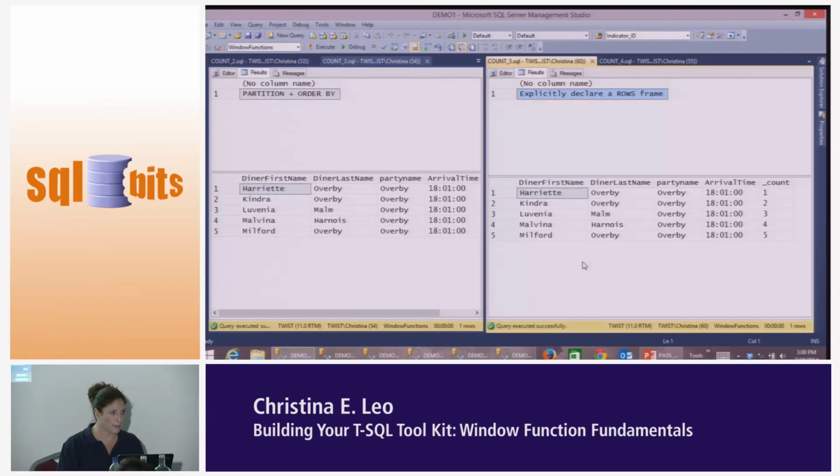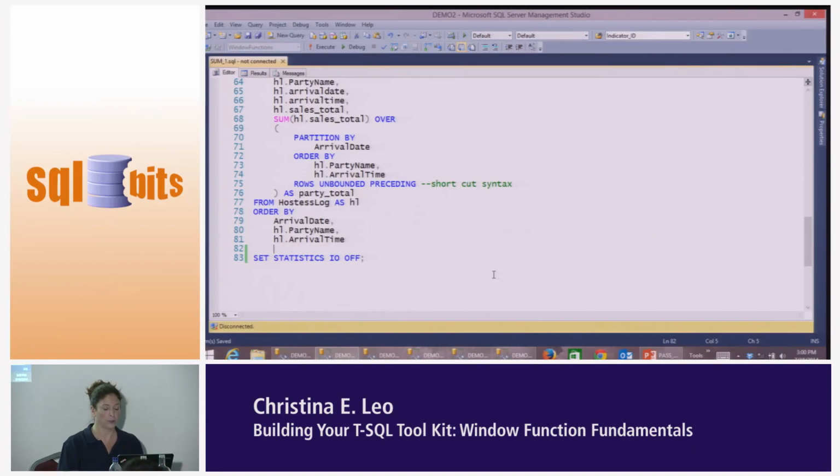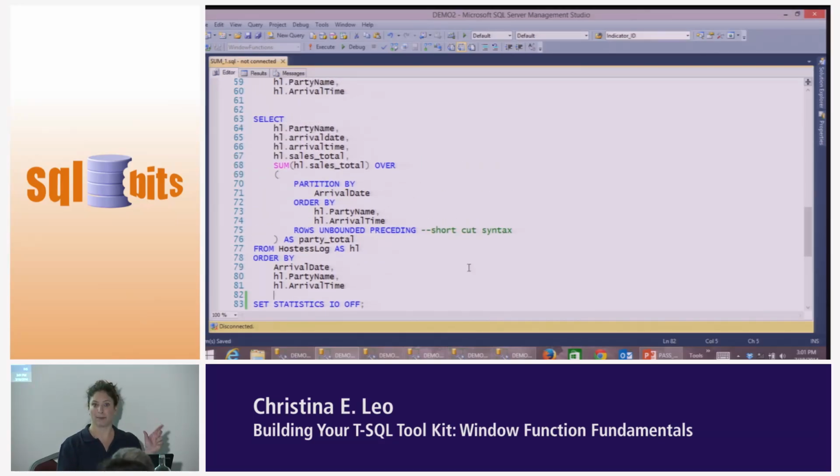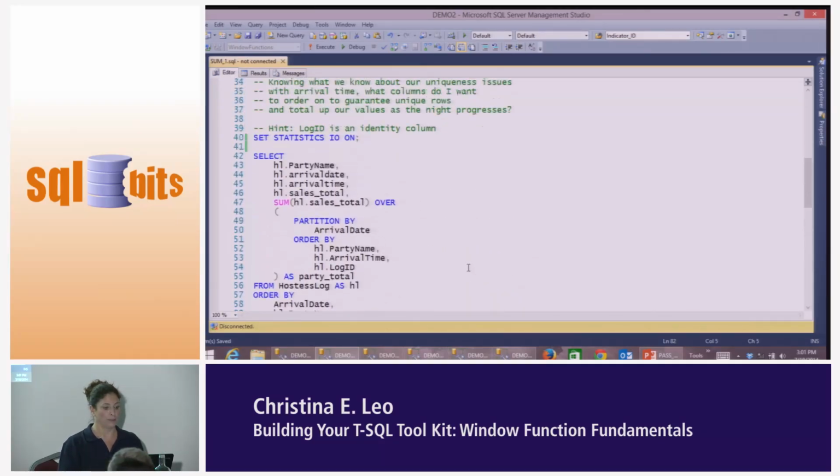Any questions about how range and row? The whole point of that was for you guys to see how range and row can shift your calculation. Okay, so let's go to number 2. Would you tell me if you had questions? Yes, and I've got a link that you can go to that I'll post at the end. They're all already loaded up, as well as a backup of the database. It's small. So